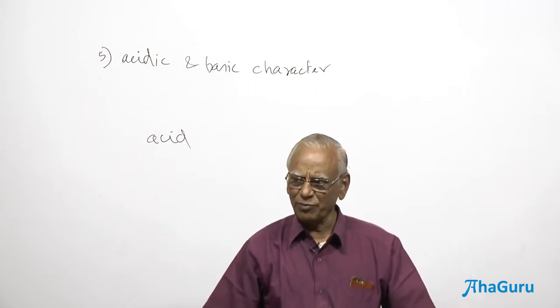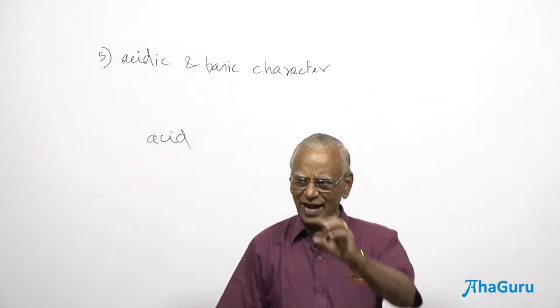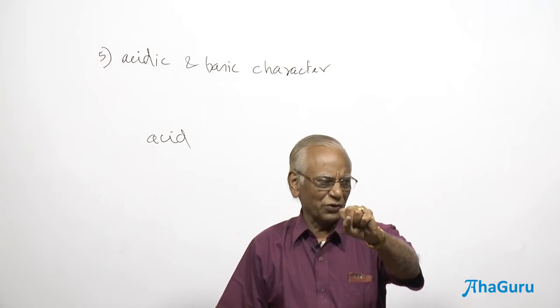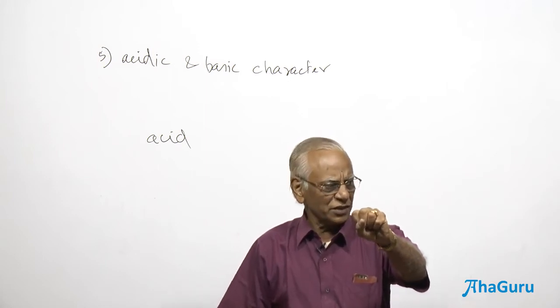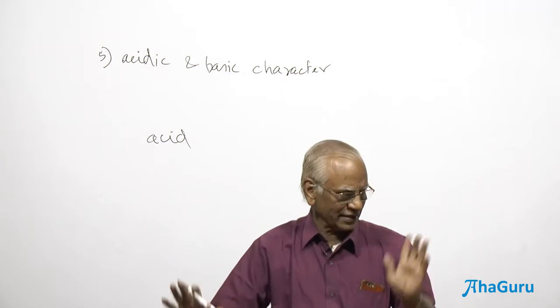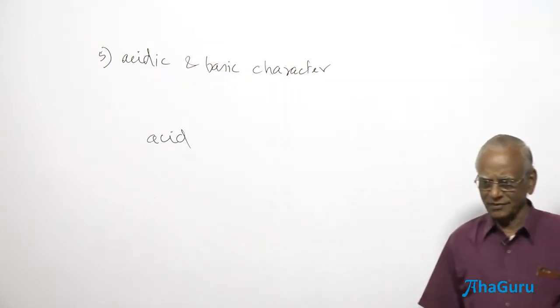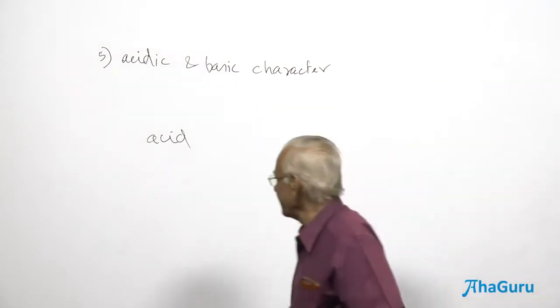There is nothing there to explain. Across the period, electronegativity increases because the atom becomes smaller and smaller, because the effective nuclear charge increases. Attraction towards the shared pair of electrons also will increase. Down a group, it decreases because the atom becomes bigger and bigger.